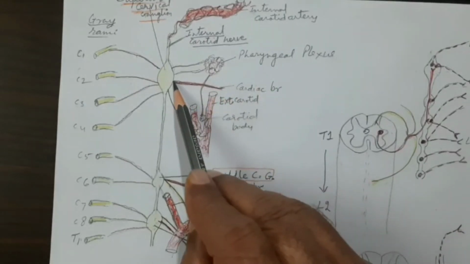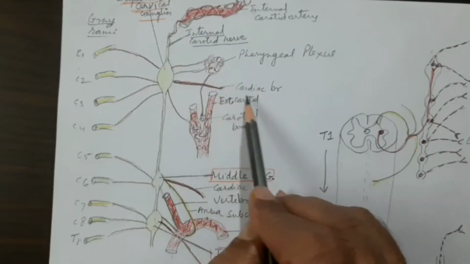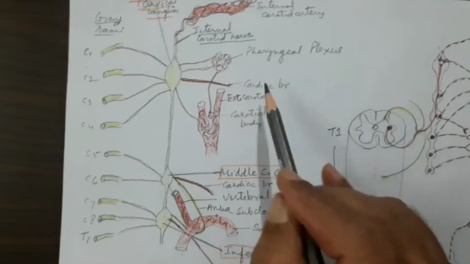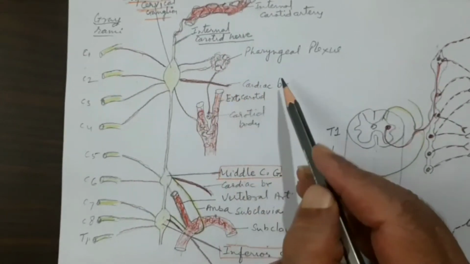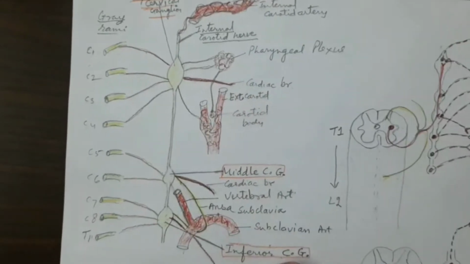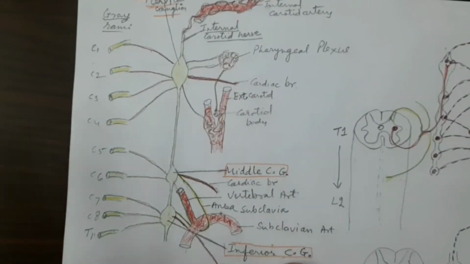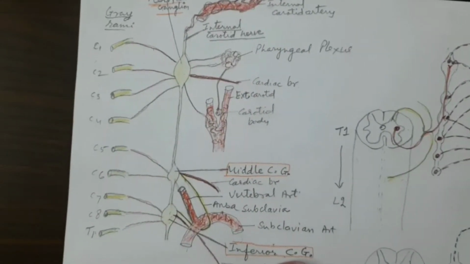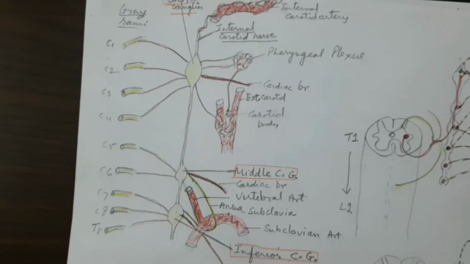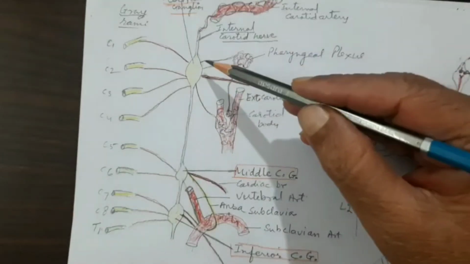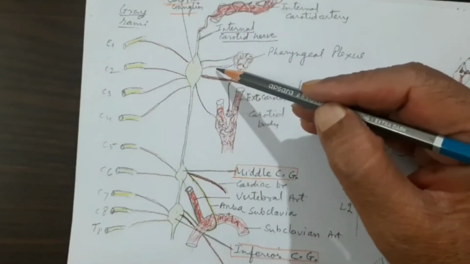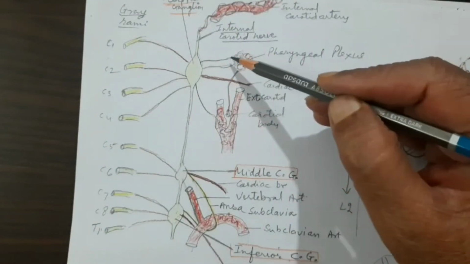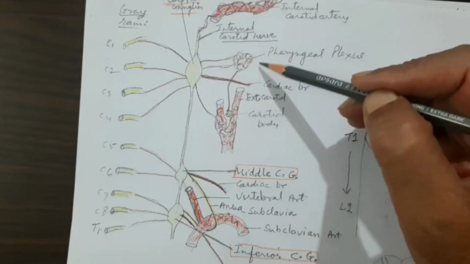Then this will send a branch of postganglionic sympathetic fibers to the cardiac branch. This is called the cardiac branch because this branch will go from the base of the skull to the heart in the thoracic region. So this is a long cardiac branch which will go to the heart. Then there is a branch which will arise, sympathetic fibers branch from the superior cervical ganglion, and they will form a